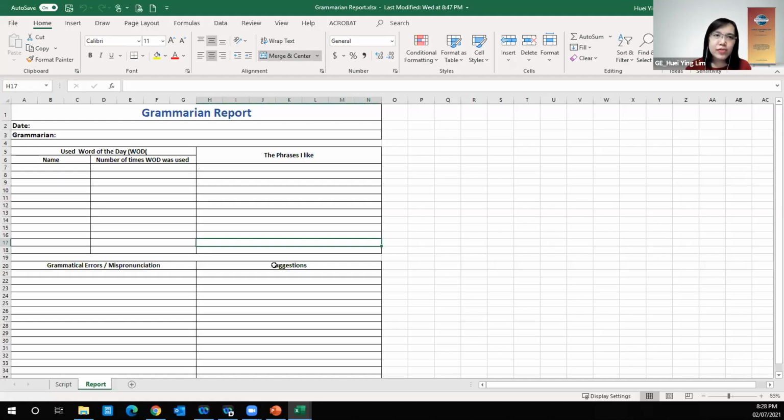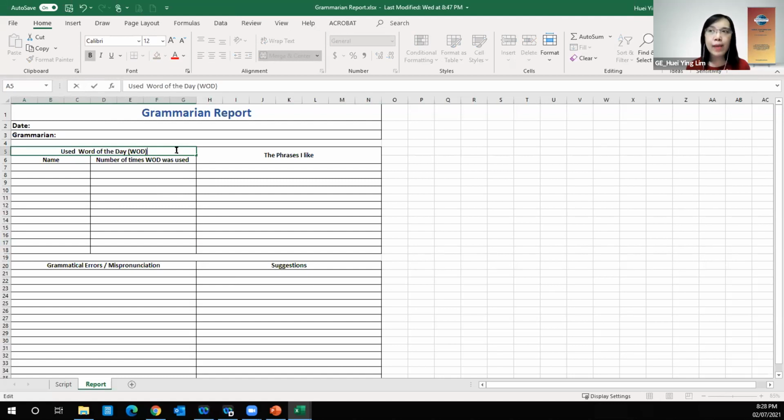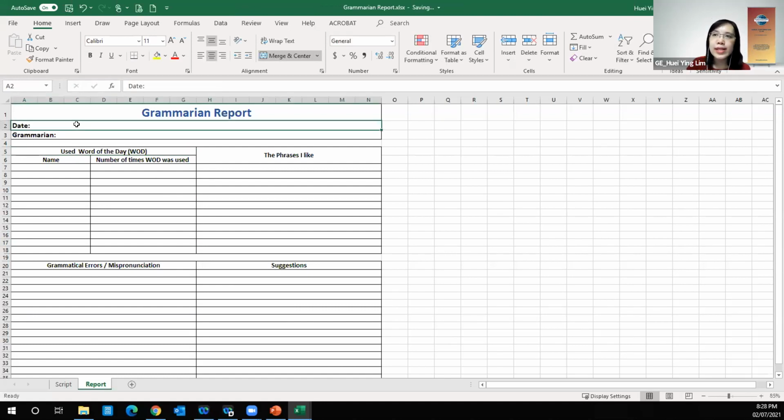All right, you can see my screen now, the Excel file, right? Okay, as a grammarian, each of you will be given this report. Later, I will share it in the chat box. You can keep a copy. This is what you would be referring to in every meeting. You can just put the date and your name, and then pass it back to the Toastmaster of the evening or the VPE to save in your club Google Drive, so that you all can have a record.